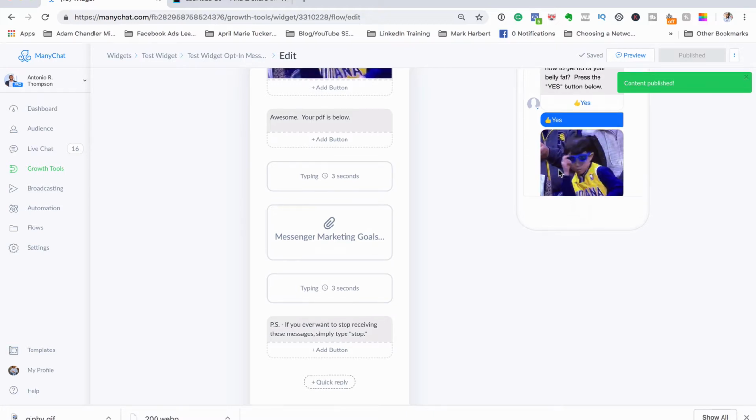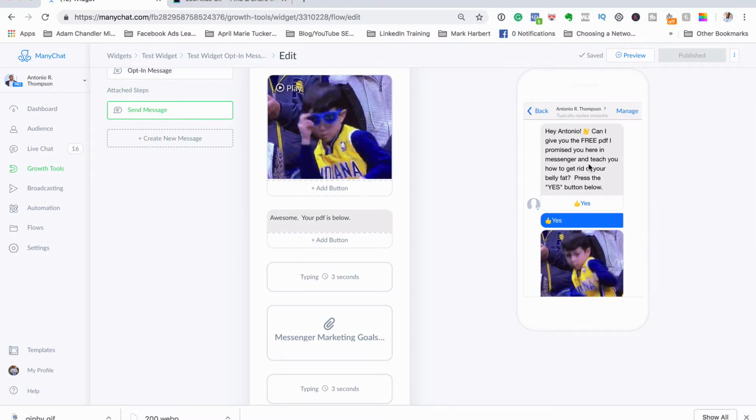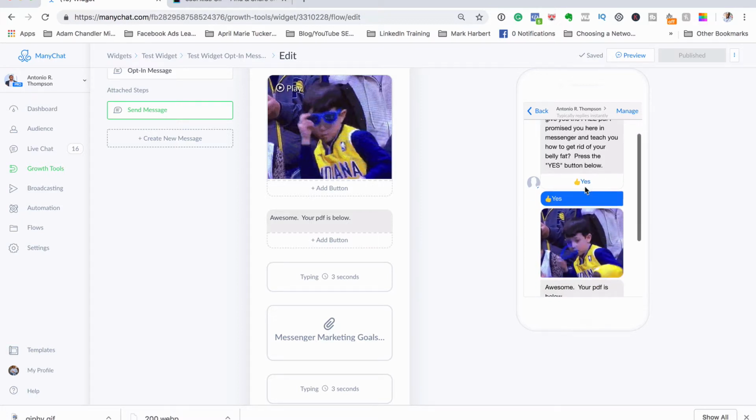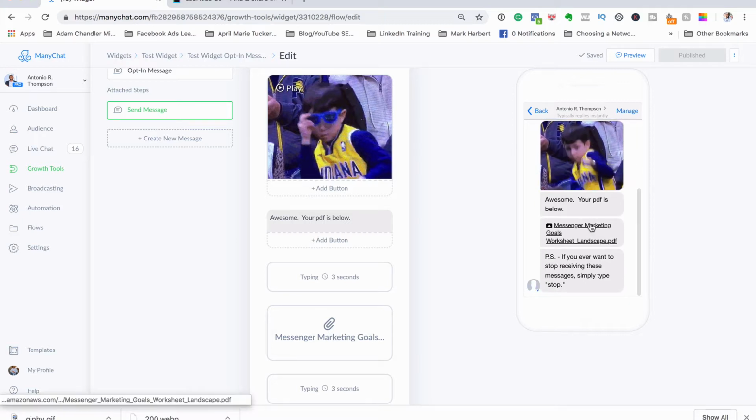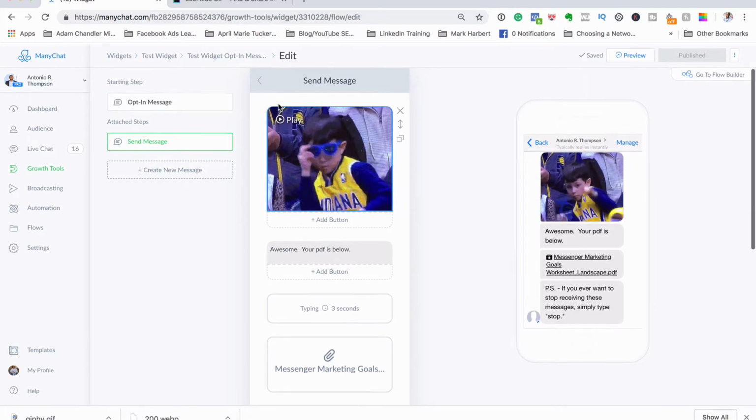All right, so we are good to go. So, hey Anthony, can I give you the free PDF I promised you here in Messenger and teach you how to get rid of your belly fat? Press the yes button below. They press yes, cool, here's a PDF, and that's it. So we go back